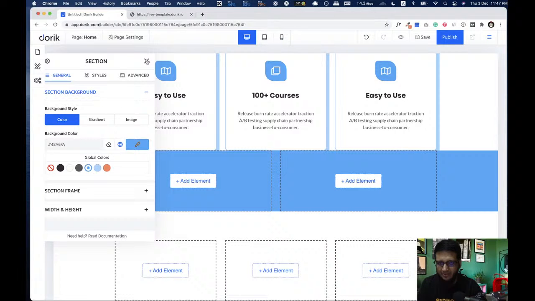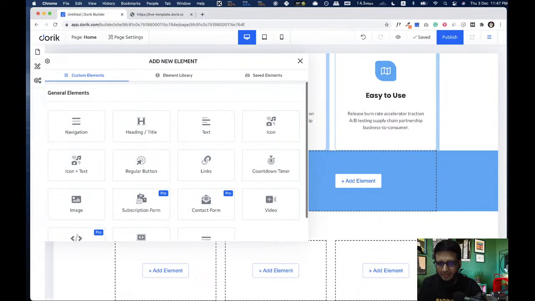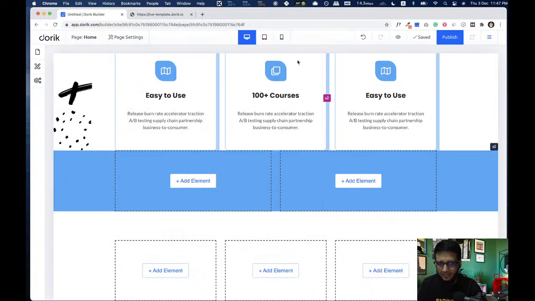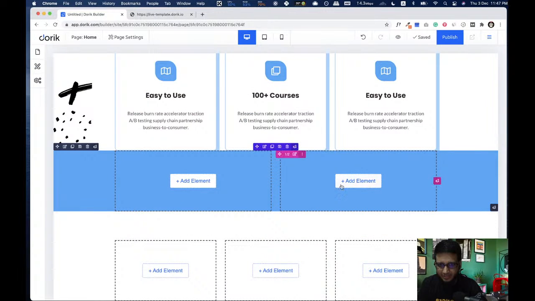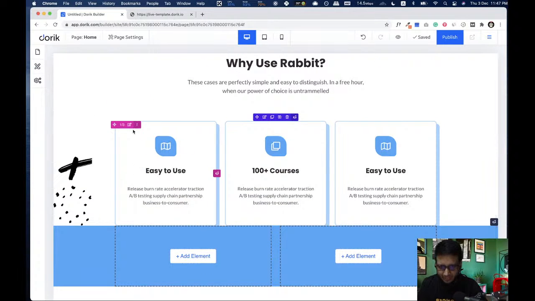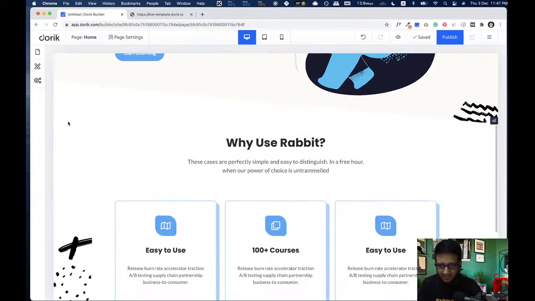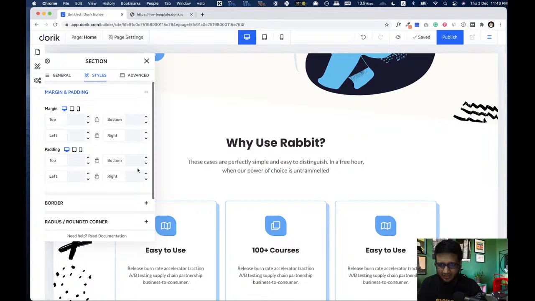The background is blue, and I'm gonna add this image here. You can see there are 2 columns, and we are gonna add this image here, and this text here. But this box is already touching this section, so we had to add some padding at the bottom of this section. Come here to styles, bottom, 120 pixel.